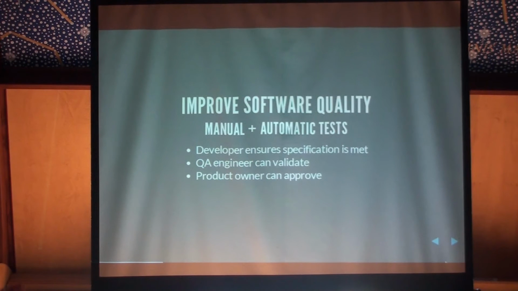And then finally, what we're basically all here for, we can improve the quality of our projects. We ensure that our specification is met, because we have a contract with our client that says, okay, this is how the functionality should work. We have implemented it as required. We can have QA people and testing engineers to validate it manually, and our product owner can also check these tests to see if they run, and we can automate